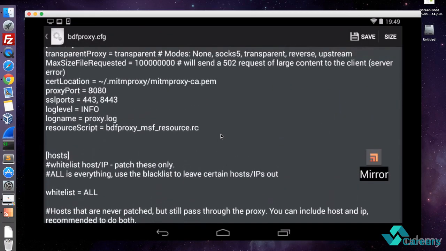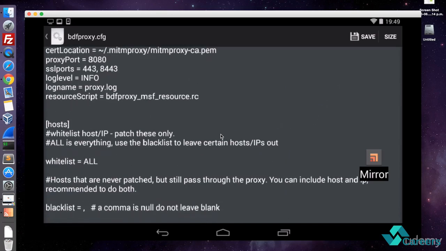Because this proxy backdoors any downloaded zip or exe or macOS executables, if you start a multi-handler on only one port, you're only going to receive one type of shell. You will not be able to receive shells for different operating systems. So this actually comes with a Metasploit script that runs a number of handler instances simultaneously so that you can listen on different ports for different operating systems. So you can see here, if you scroll down,